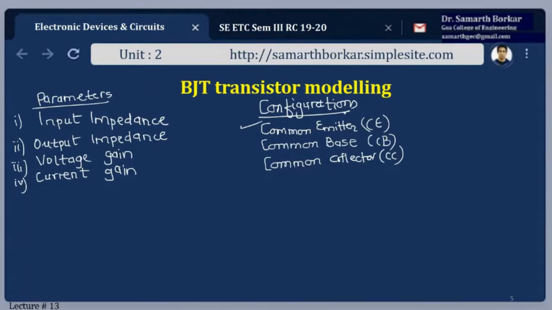Now, what we mean by configuration: when I talk about any circuit, let me draw this as a black box. We are not interested in what it contains inside, what circuitry or components are being used. Any circuit will have two wires for the input and two wires for the output. Fine. Now, a transistor being a three-terminal device, for our discussion we always think of this transistor as NPN.